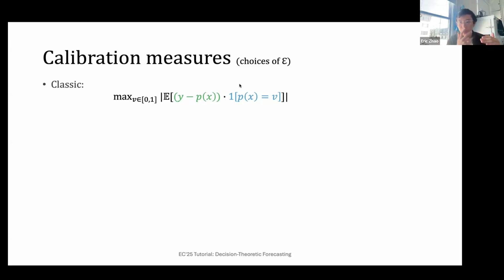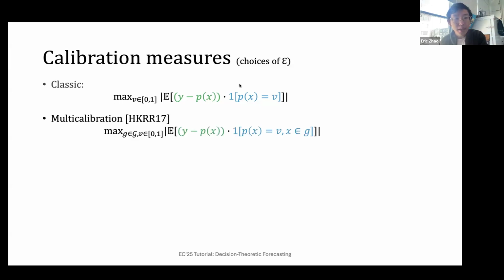One thing I'll say here is we're no longer talking about what perfect calibration looks like, but trying to measure what calibration error is. The classic definition is: I condition on a level set and measure what my bias is. For those familiar with calibration, I'm working with an L infinity norm over the level sets here. Classically, you work with an L2 norm, but I'm going to fix L infinity because it makes everything a lot easier.